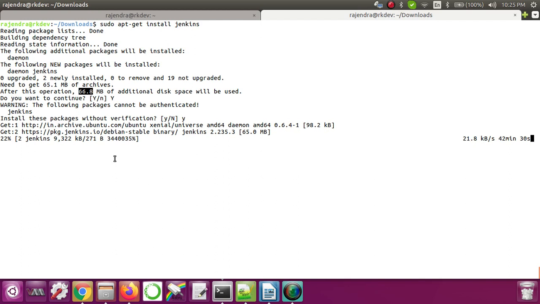Earlier, before Jenkins, we were doing all this sort of task manually. But with the invention of Jenkins and this CI/CD pipeline, the development time and time to market is really getting reduced. That is the reason nowadays continuous integration and continuous deployment is very popular.